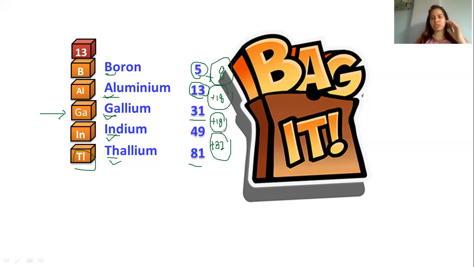So you can put the name of the chapter, elements of group 13, 14, 15. First write down group 13. You can prepare columns. First you write the name of the elements, the symbol of the elements, and the atomic number. The next column will consist of electronic configuration, and the last one will consist of occurrence. So we are done with the name, the symbol and the atomic number.